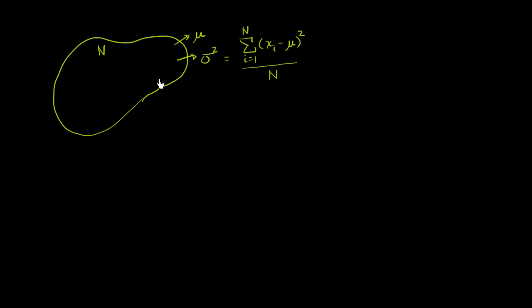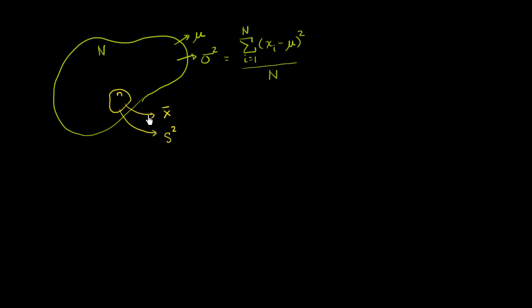Now we also know that we often don't have access to all of the data in a population. Sometimes it's impossible to get all of the data in the population. And because of that, in a lot of statistics, we try to just get a sample that is indicative of the population, a random sample. And that random sample, let's say it has size lowercase n, where lowercase n is smaller than capital N, oftentimes a lot smaller. And we know that we can calculate statistics that are estimating the parameters for the population. We can come up with the sample mean, which is trying to estimate what the population mean is. And we can also come up with a sample variance.